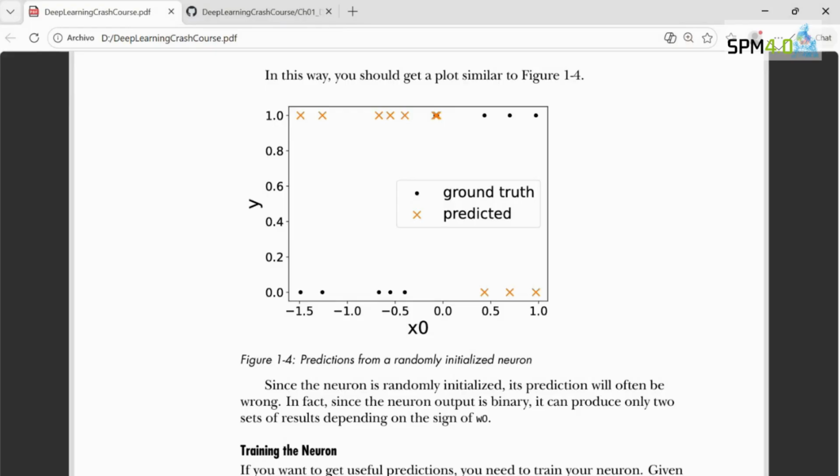And if it's exactly the same, my prediction is already good, so I do nothing. Then I correct the weight according to this rule. And then I take another of the X0 numbers that I generated before, and I do the same process. And then I iterate